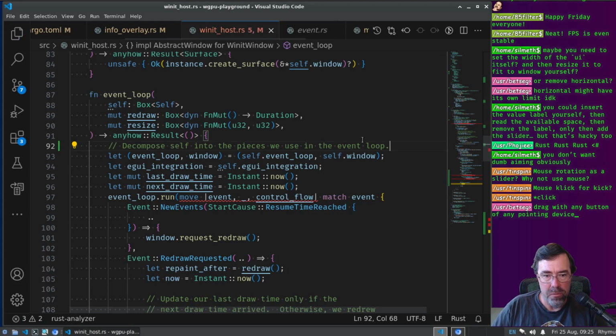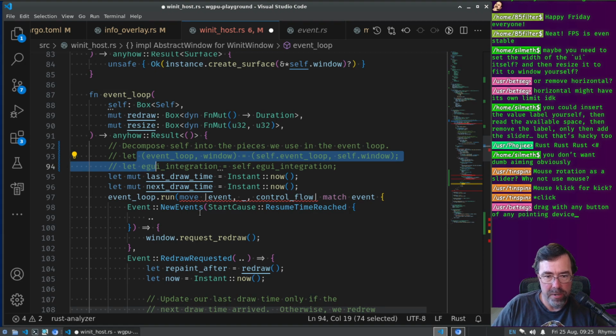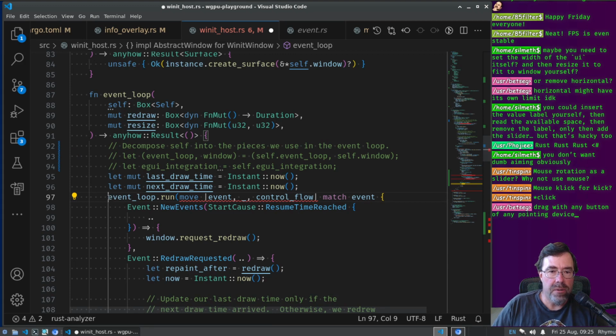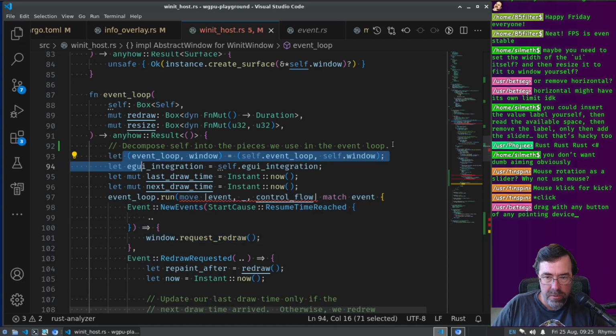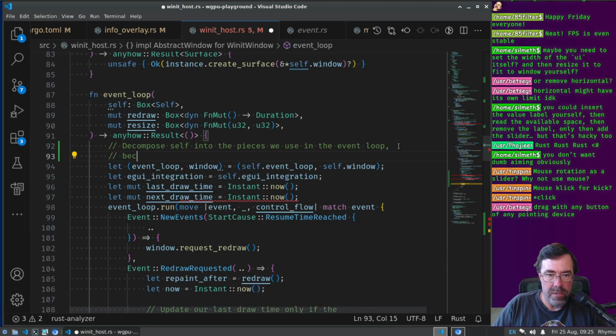I just don't remember why, but let me have the compiler teach me why I had to do that. Oh, it was because of self there, right? You can't borrow from self to get to the event loop to run it and yet move self into the closure. That's the problem. So decompose self into the pieces we need to use in the event loop because the